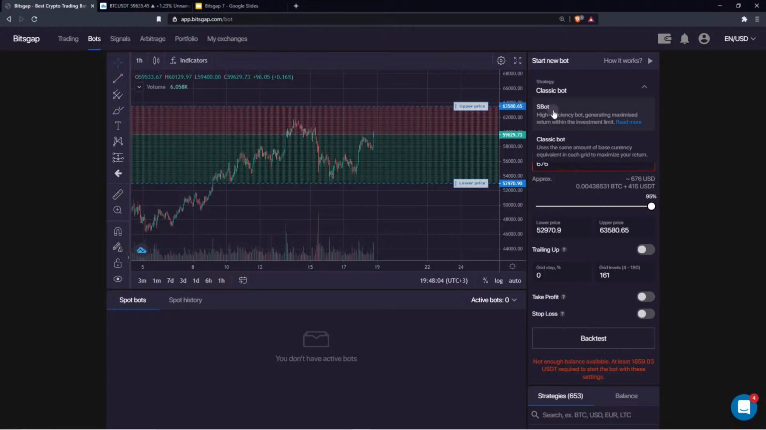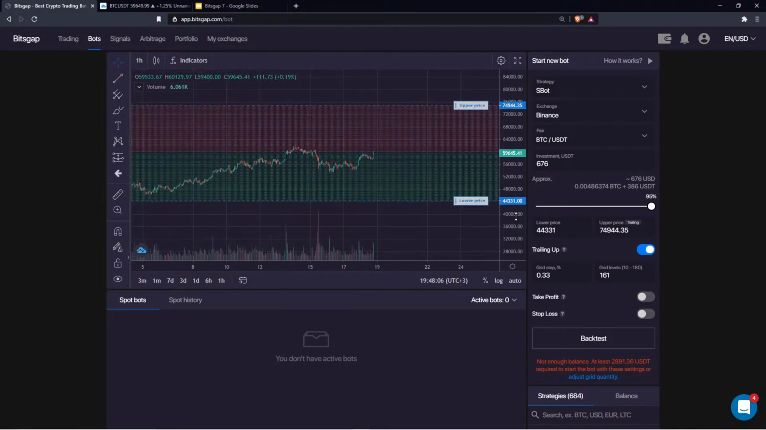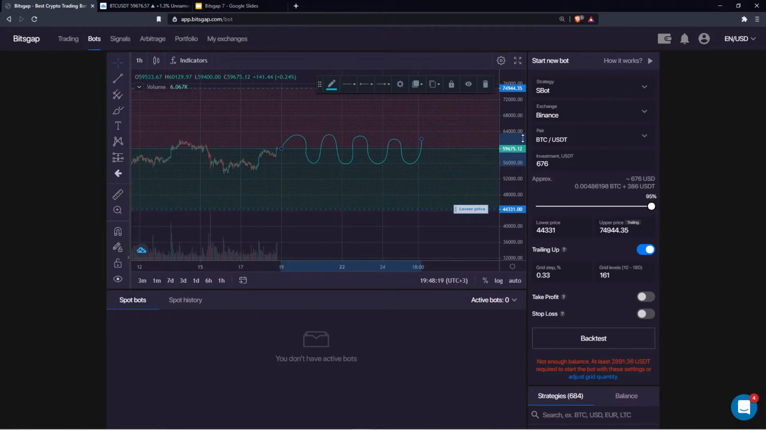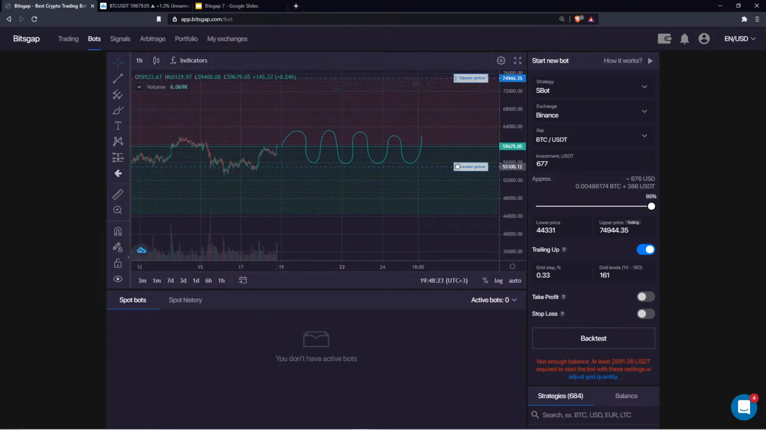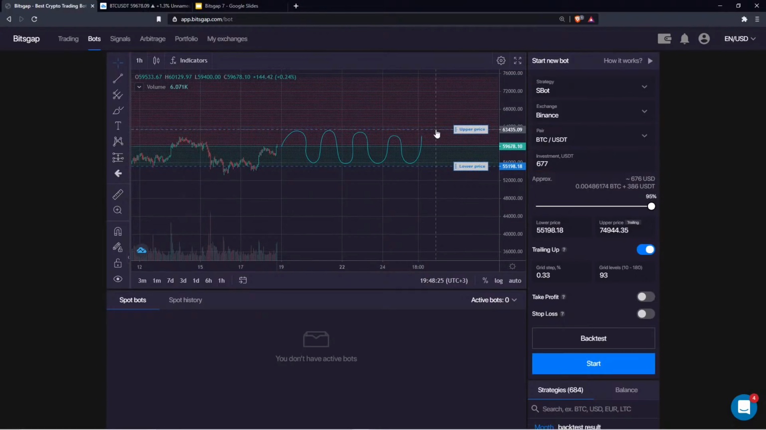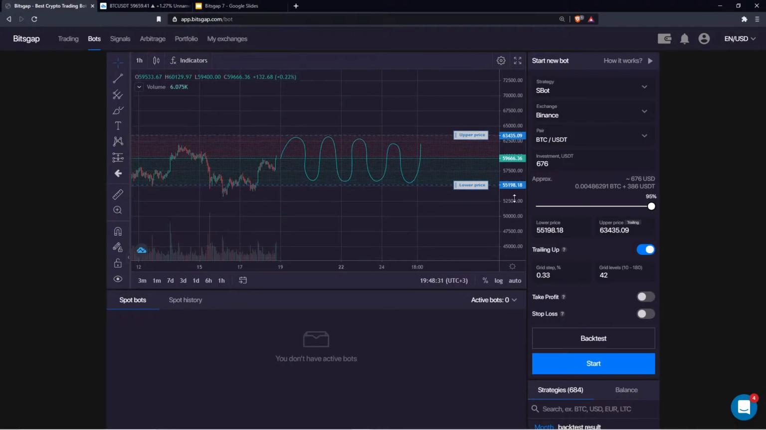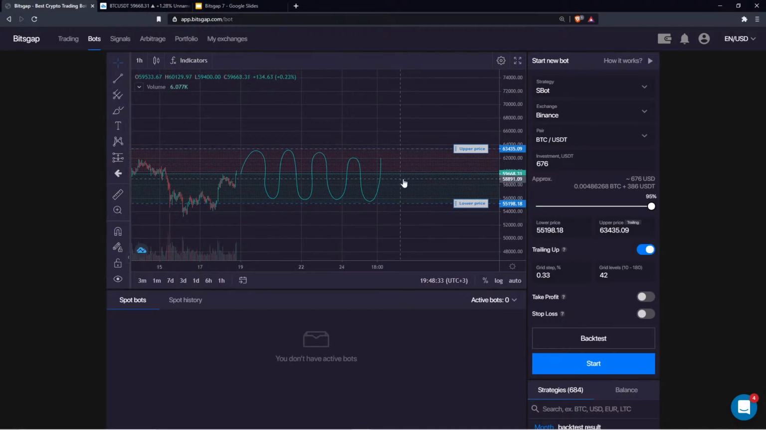So briefly, the SBot is optimal for the sideways market. So what is the sideways market? If you expect the market to move like this for a prolonged period, then stick with the SBot, because SBot's investment distribution logic is the best fit for the sideways market. So you will make more returns than the classic bot on this market scenario. So this one is for the SBot,